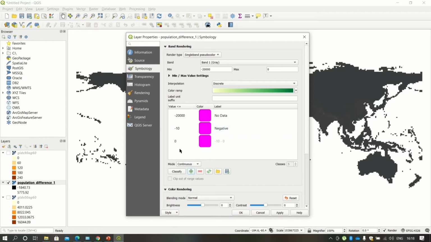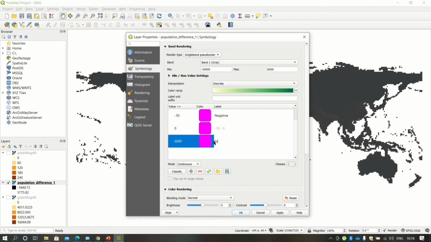The values here are all the values less than 10. So these values I'm giving the name of the class as neutral. After doing that, I will be adding the next class, and the values will be all less than 6,000. So the class with values less than 6,000 and more than 10 will go into this class, and I'm giving the name of this class as positive.